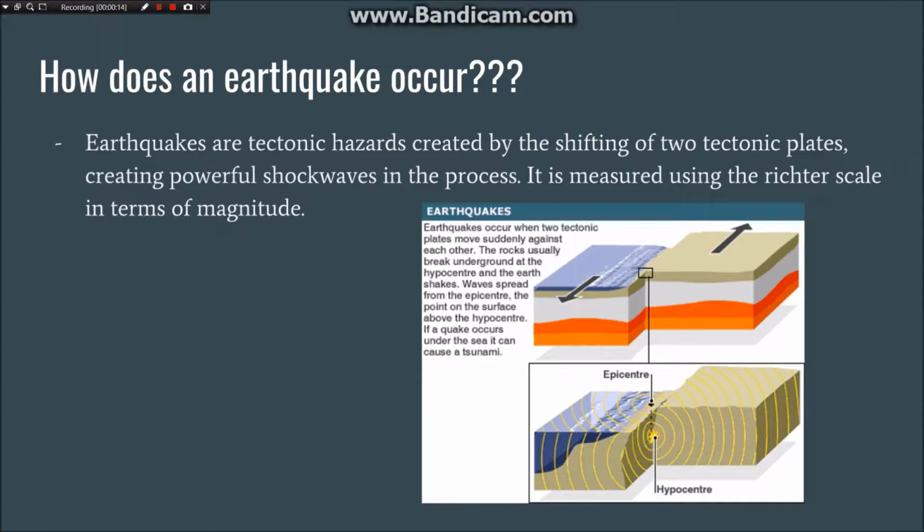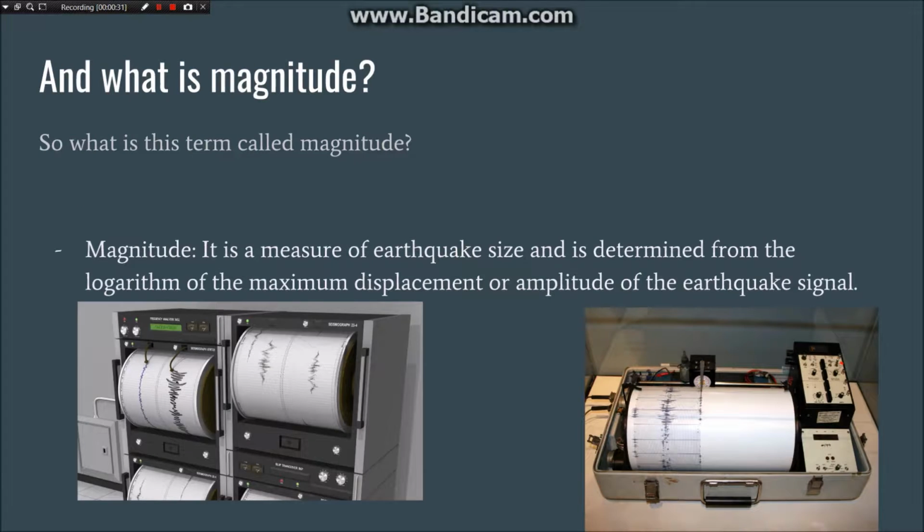Earthquakes are tectonic hazards created by the shifting of two tectonic plates, creating powerful shock waves in the process. It is measured using the Richter scale in terms of magnitude using a logarithmic function. Magnitude is a measure of earthquake size and is determined from the logarithm of the maximum displacement or amplitude of